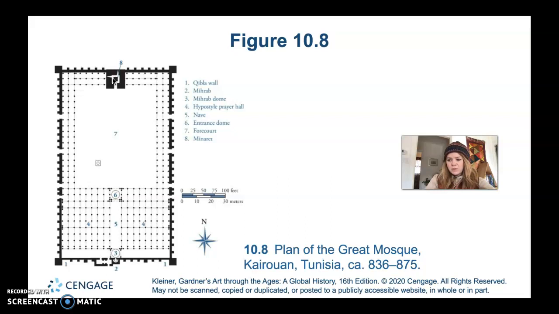Hypostyle halls are the area where they would have a large roof held up by these many columns, and there would be a roof over their heads. And very early feature in mosques, and later mosques might have 4 iwans, which are vaulted rectangular recesses on each side of the